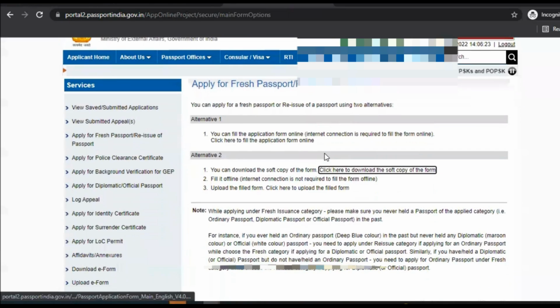So this video mainly targets reissue of passport, but the apply passport is very much similar. The only difference would be when you're reapplying the passport within your expiry, there will not be any police verification unless your address is same. So if your address is same, there is no police verification. But if your address is different from your old passport, then it has to go through the normal process through